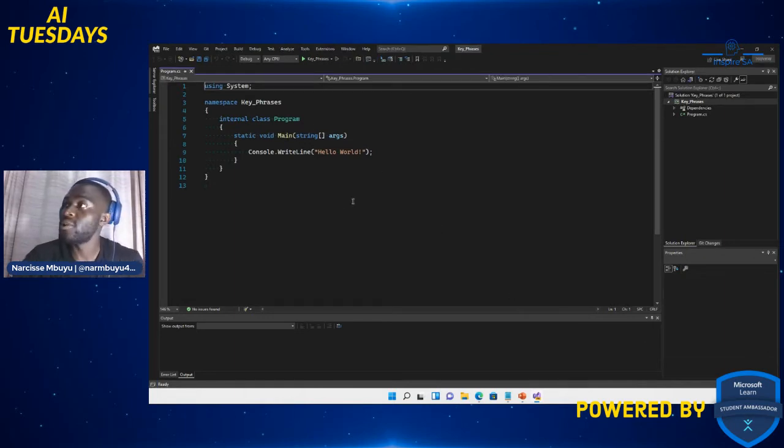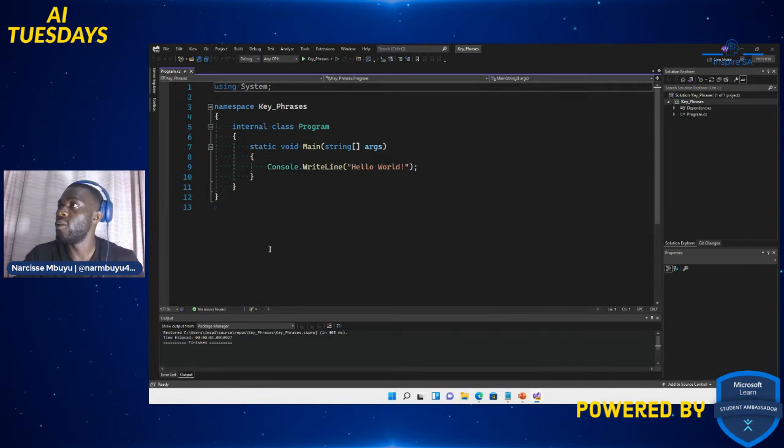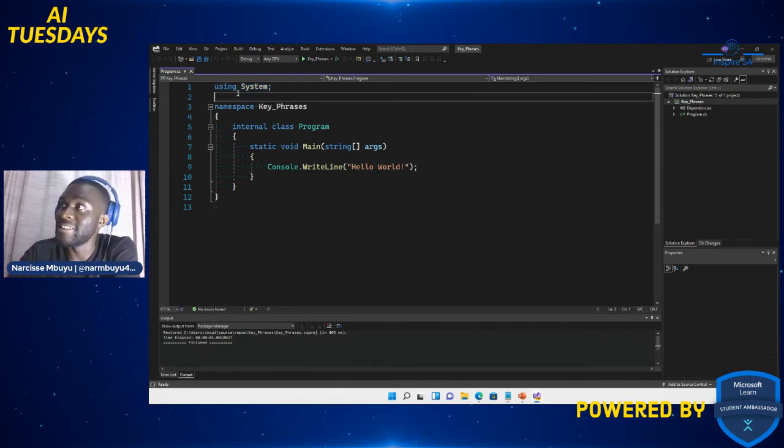So now my project has been opened, right? So what's next? My Visual Studio is opened. Let's zoom in a bit so you can see the code. Now another feature of .NET 6 is no namespaces up here. A lot of namespaces that were hogging the space basically. So now that's been written out basically. It's still there, but it's hidden, right? So we're not gonna focus on that. It deserves its own episode. But for today's episode, we're gonna be working on the key phrases application, right?